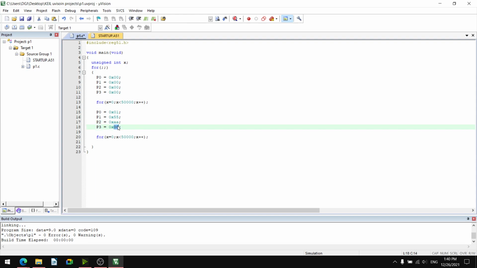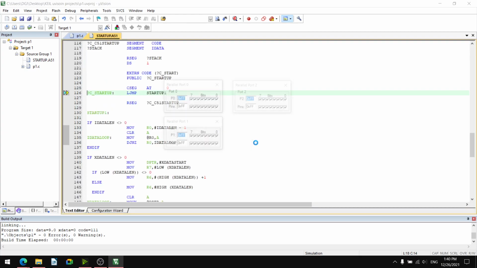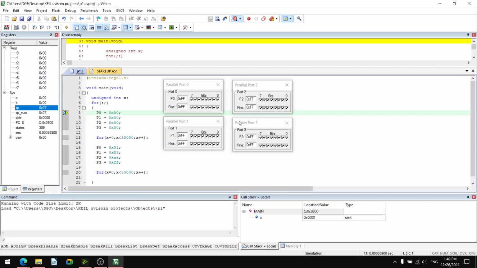And P3 is FF, that is 11111111. I will save it. I will build it. No error, no warning. So I will debug it. Okay. So all four ports, port 0, port 1, port 2, port 3 are there. We already initialized them in the peripherals. So I will run it.